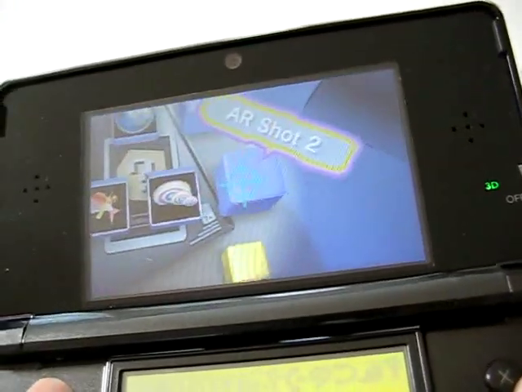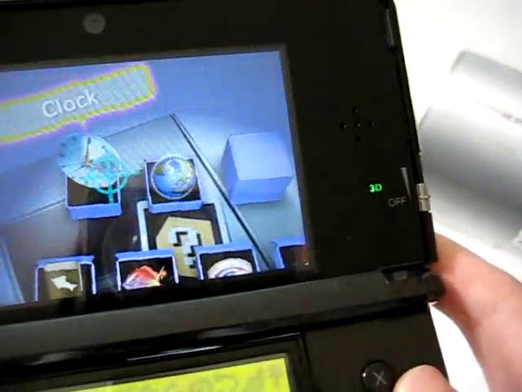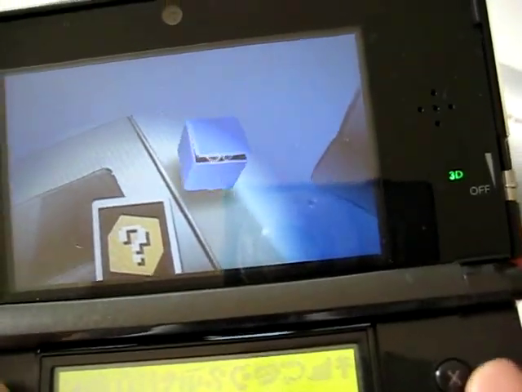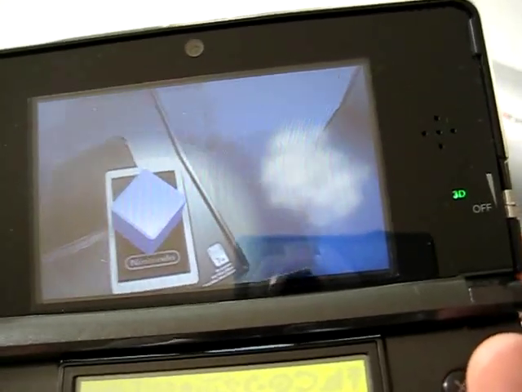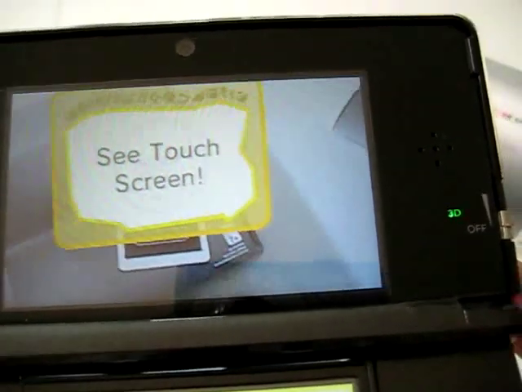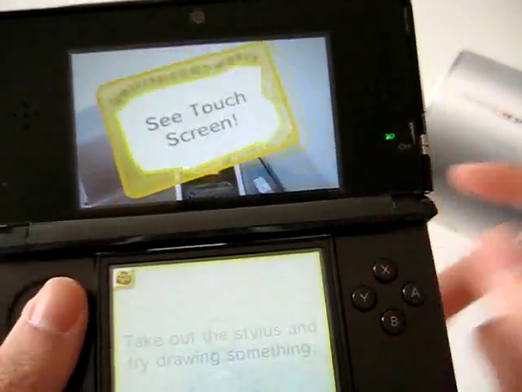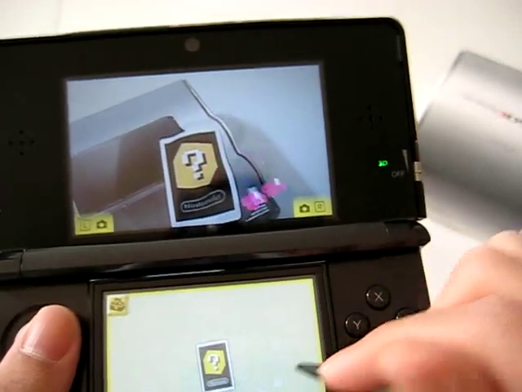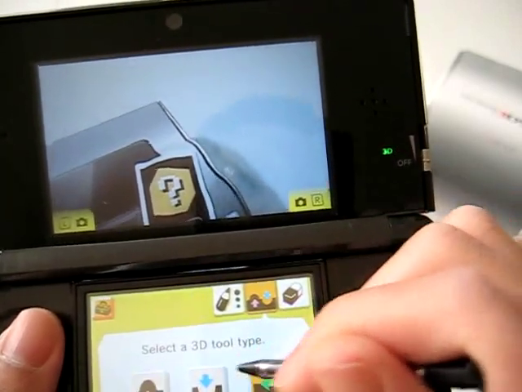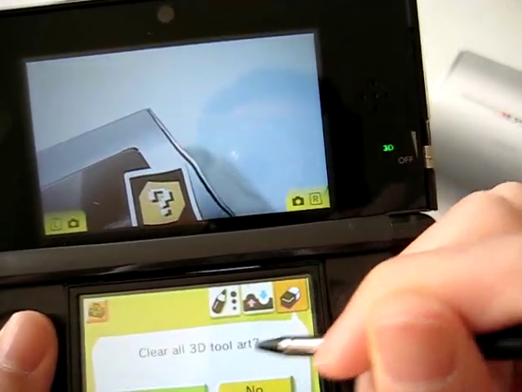So, Archery 2 has more stages, AR Shot 2, and Fish Gallery gives you more things to take pictures of. The same is true for Clock and Globe, but 3D Tools is the cool one. Of course, AR Shot 2, Archery 2, they're brilliant. The levels are much better than the original, and they're longer too, but this one is the one that brings something new to the table, and basically you can make your own stage, or, well, not really stage, but you can mess around with your pictures and make